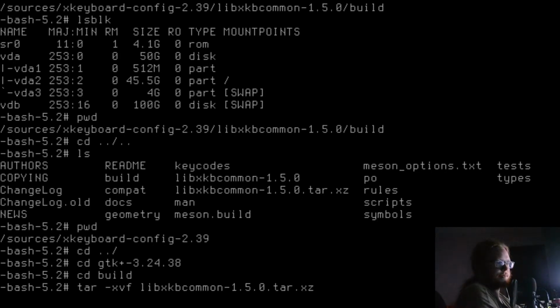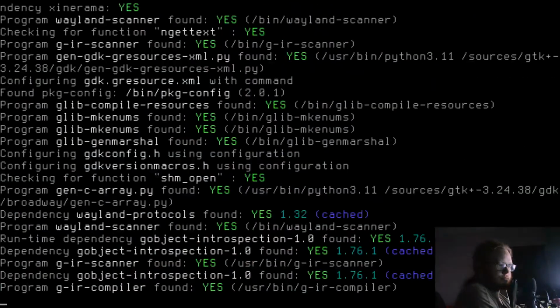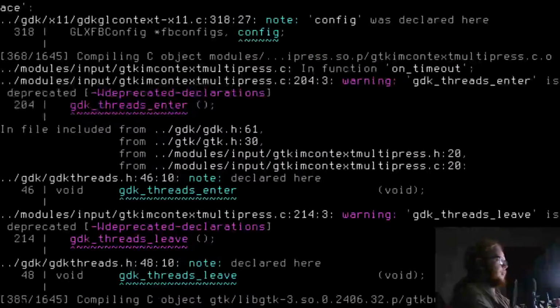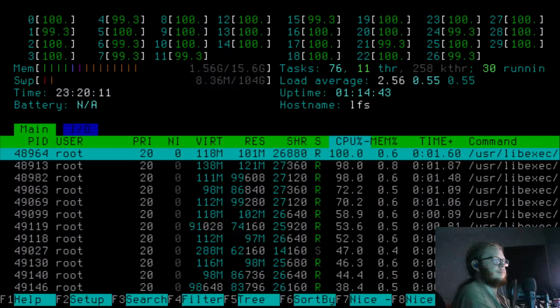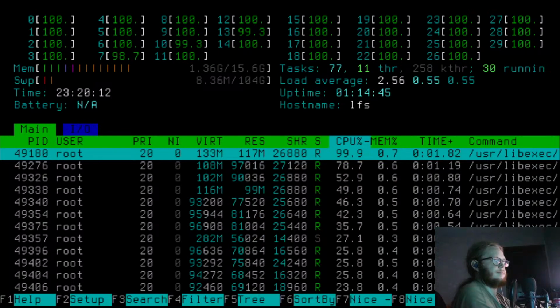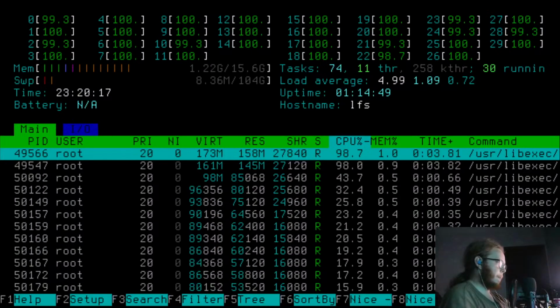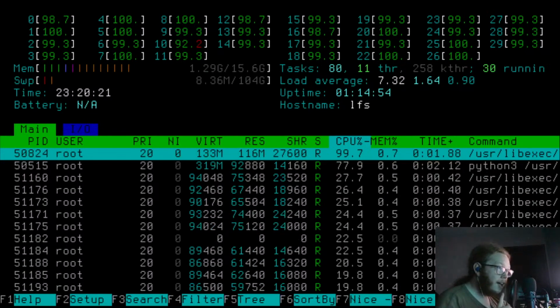Keyboard backend. Okay. As far as I can tell, it's just Mesa going, no, you don't.